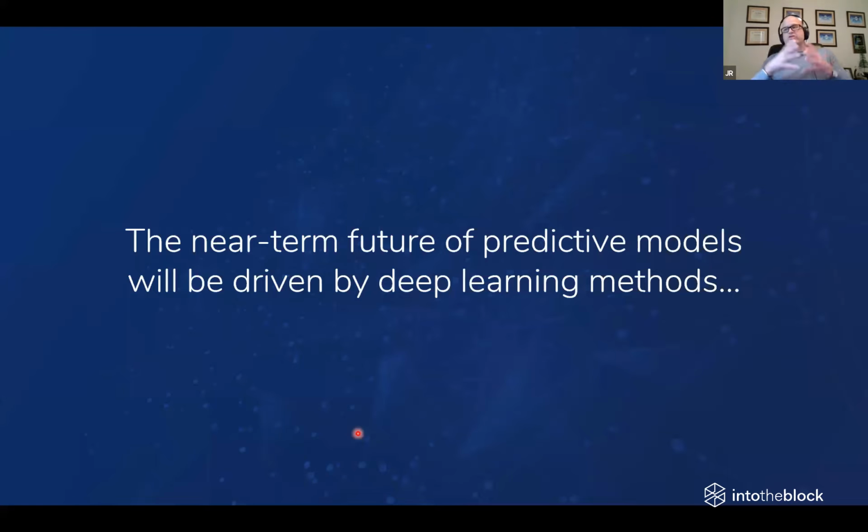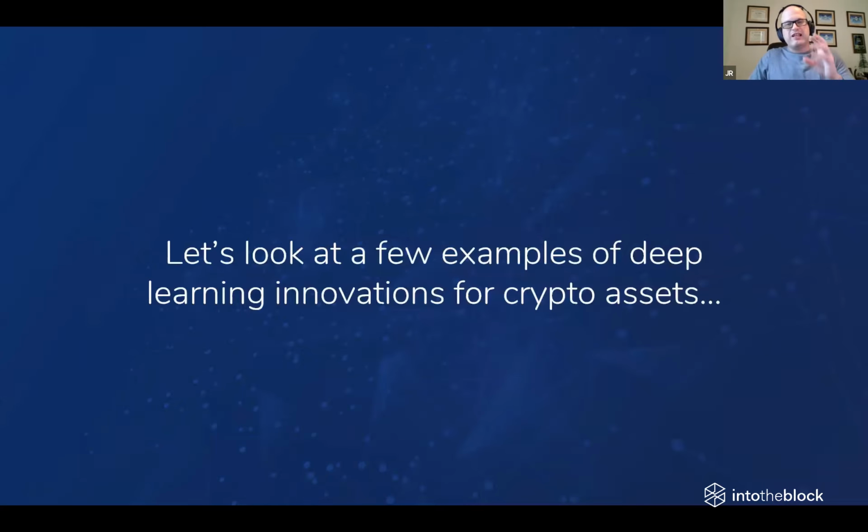So the near-term future of predictive models in capital markets in general is going to be based on deep learning. Because there is more research, every major quant fund, Two Sigma, DRW, Jetta, all these guys are venturing into this area. So the next 4 or 5 years are going to be very heavily driven by the evolution of deep learning technologies. So let me try to illustrate that in a few examples very quickly